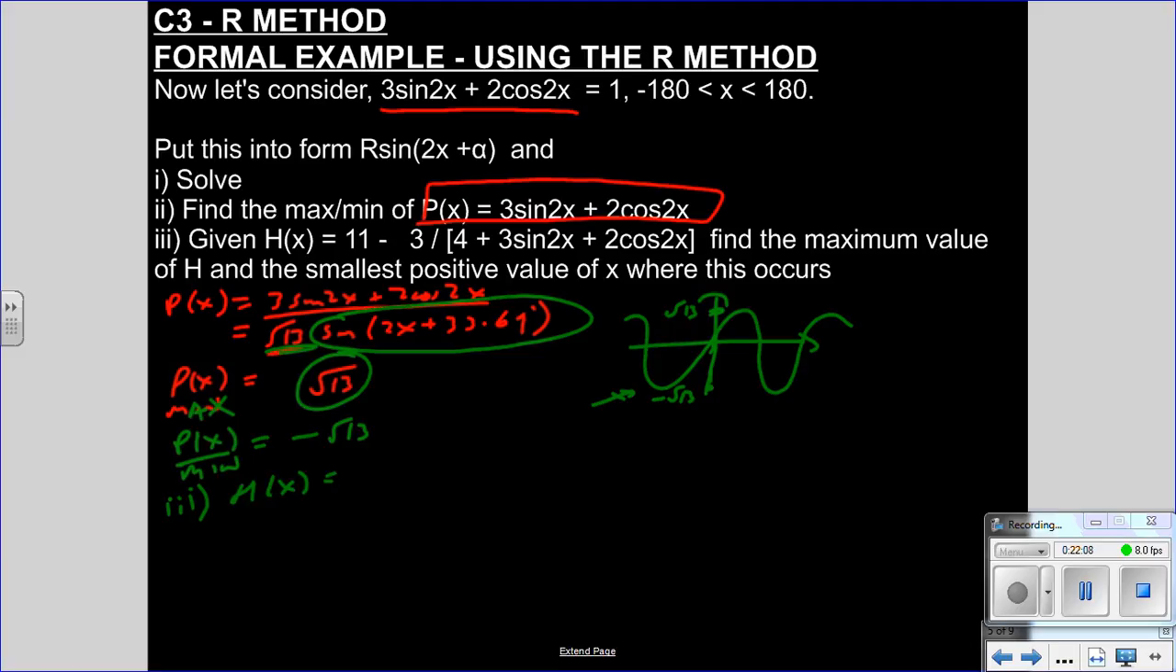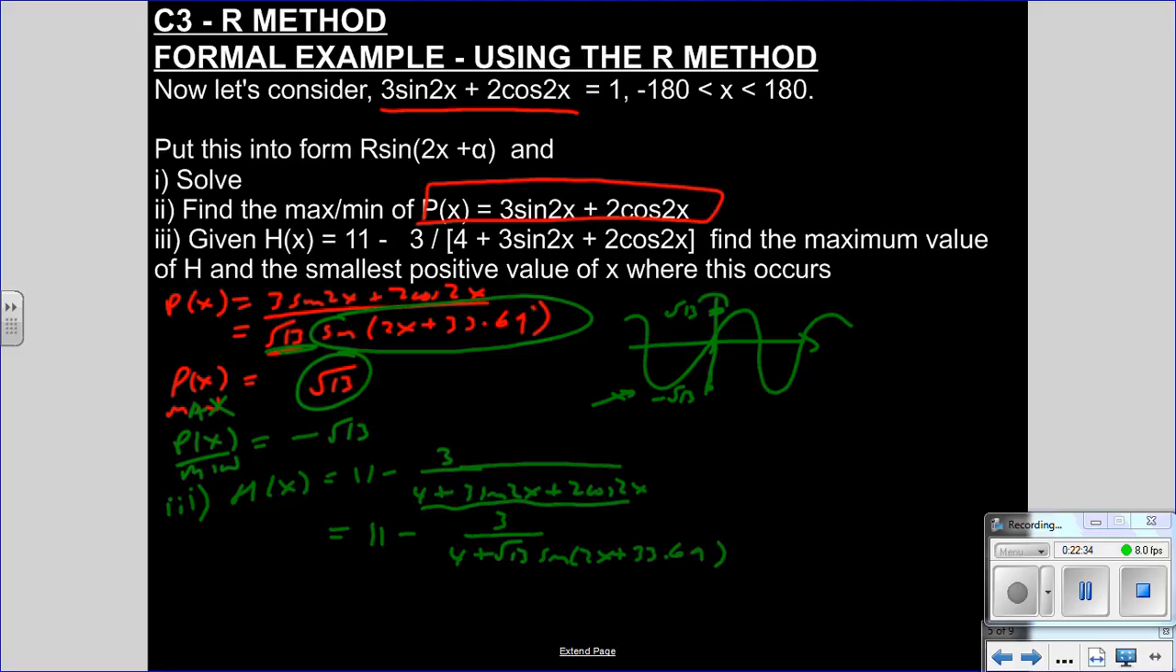Part 3, this time a bit harder. H of x equals 11 minus 3 over 4 plus 3 sine 2x plus 2 cos 2x. Looks horrible. It wants you to find the maximum value of h. Well, make it look like the R method form, because it will massively help you out. How would you approach that? You can't. So if you recognize that that bit is the R method form that you just worked out, now